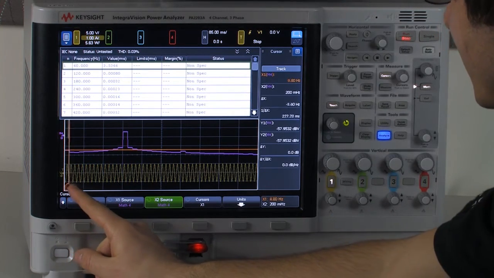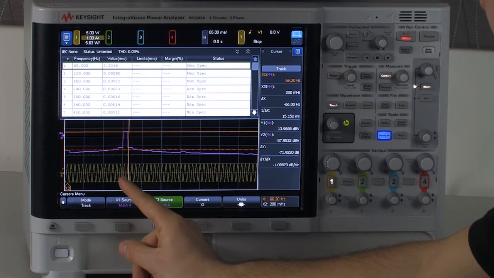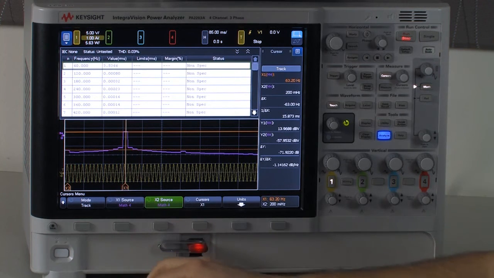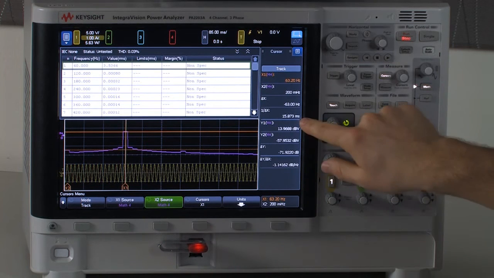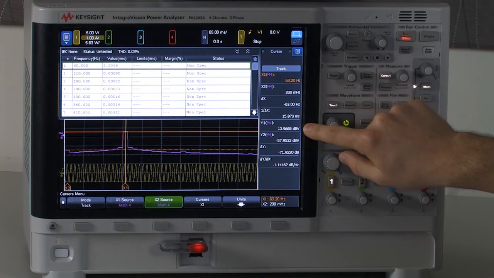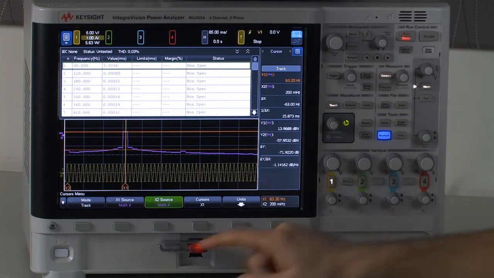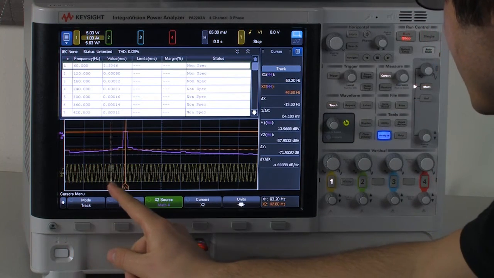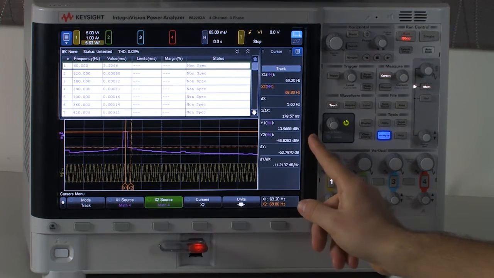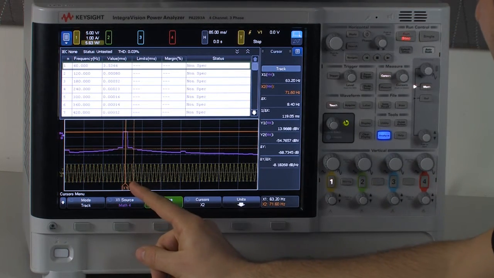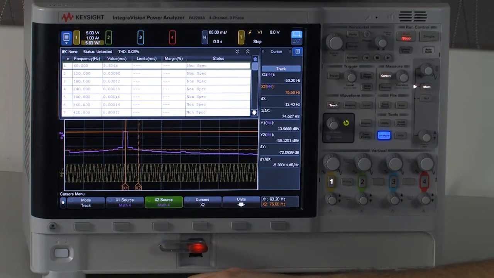Here, what will happen in tracking waveform is I'll move my X cursor, and the Y cursor will snap to the value there. Here I've placed my first X cursor on the pure tone, and here on the Y1 cursor readout we see 13.96 dB. To get an idea of inner harmonics, I can go and look at the 65 hertz bin, and I can see in the Y2 a value there for the 70 hertz, 75 hertz, and so on and so forth until you get to the next pure tone. This will be a very useful tool for you to look at your inner harmonics.